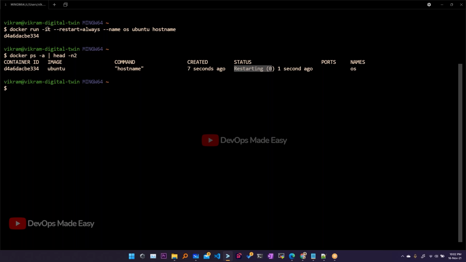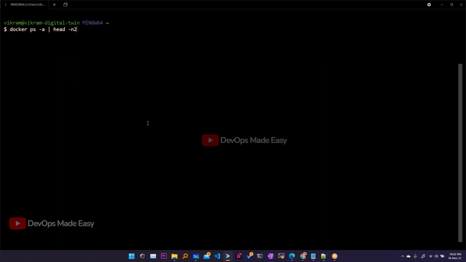See, here it is not needed because we are using a custom command. So you are correct, you don't have to put a hyphen it. I'll prove this by removing the container and running the same one without hyphen it. Hyphen it is not needed for everything. It will work.